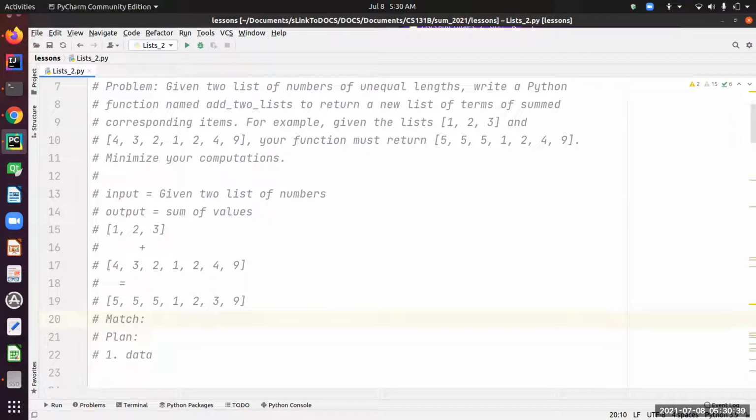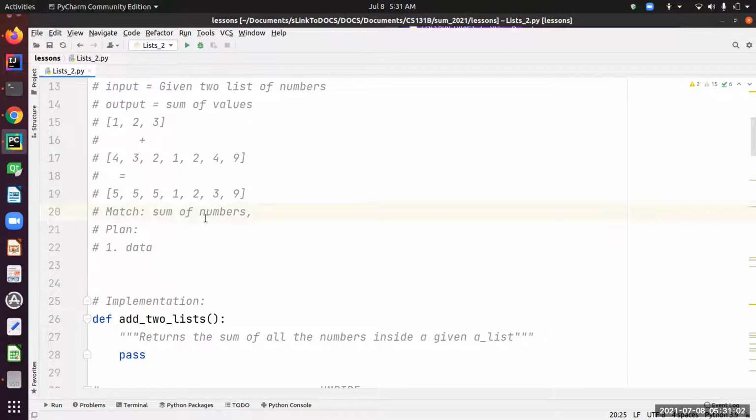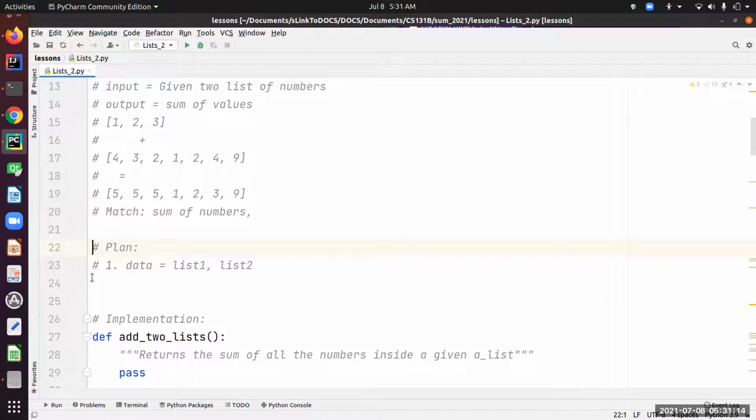Okay, so basically we can write it like the previous list problems, because they all involve a loop. So sum of, I think sum list or something like that, like sum of numbers. Any iteration list that iterates numbers. Okay, all right, so we need to get the data. So list 1, and there are 2 lists, list 2. So I went into plan. Okay, so which is the algorithm. So second step. Okay, so